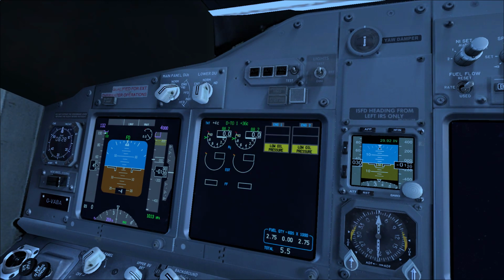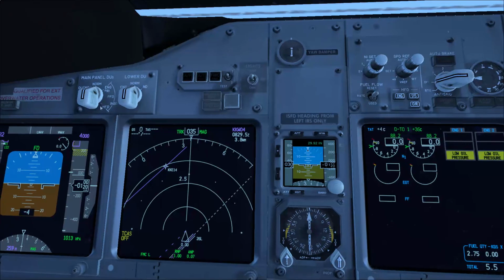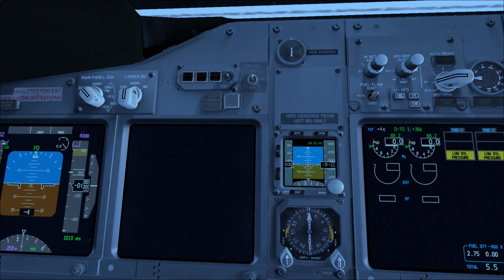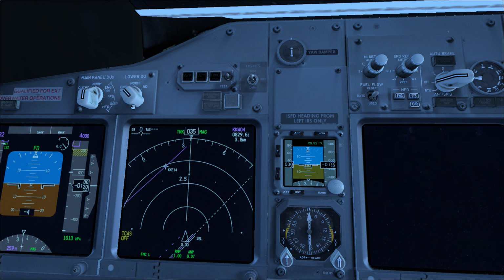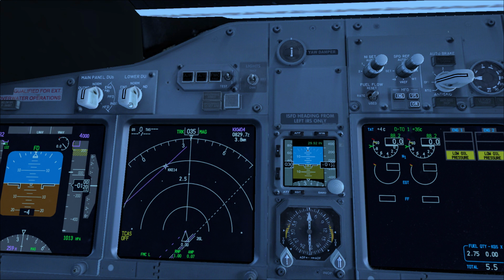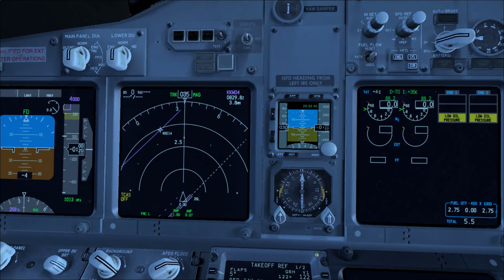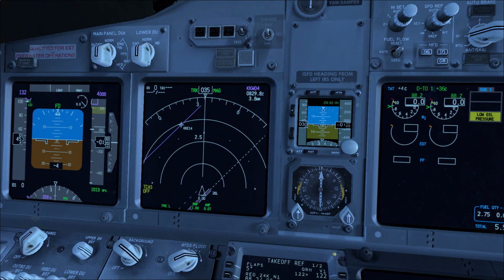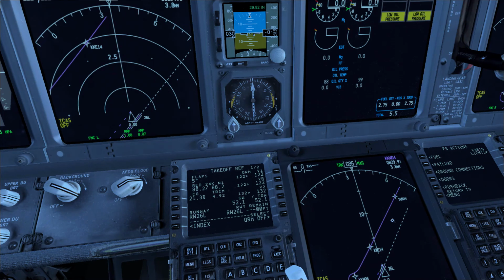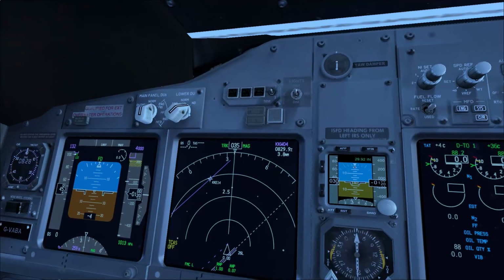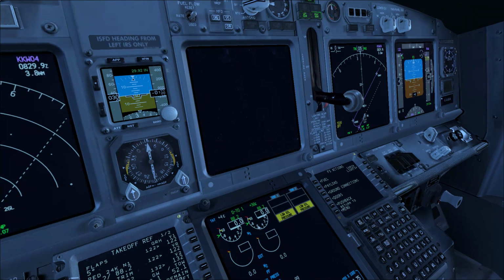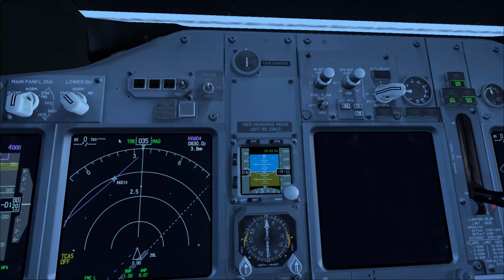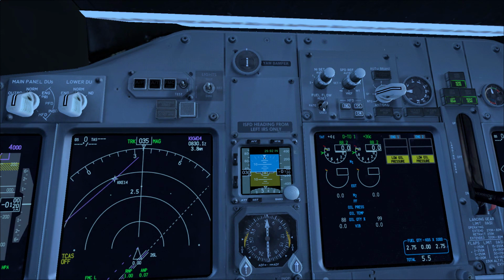Basically, if you switch these left and right, you can switch the displays round. Say something goes wrong with one screen, or company procedures require you to do so for any weird reason, you can actually switch over different displays. This is the lower display unit. If I switch that on, for example, it will put the copy of the nav display down there, or it will switch that off and you'll get the engine display down there, whichever way round. Flight instruments,